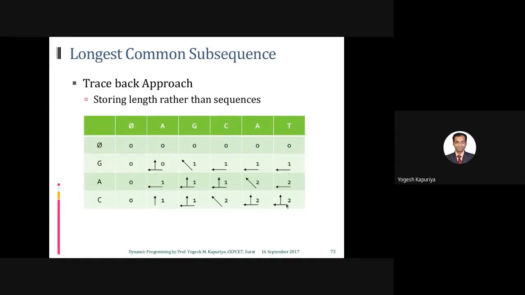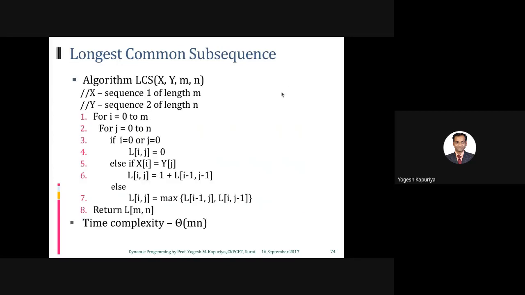So this is the way you can generate the actual sequence as well, using this approach. Before we go inside the detail of the algorithm, I want to discuss a live demonstration with another problem statement, and there is a very good tool for that. Okay, so let me show you that.